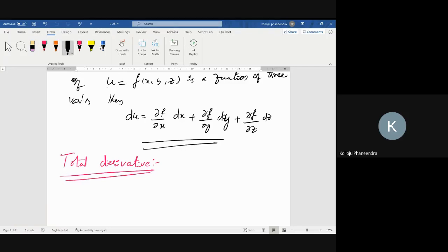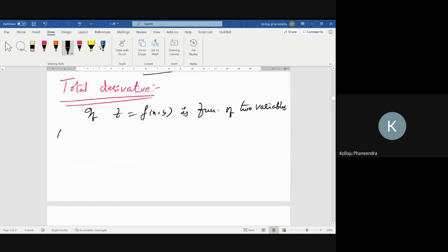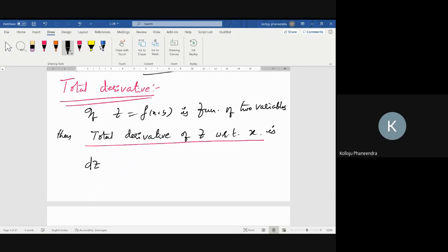If z is f of x, y, a function of two variables, then the total derivative of z with respect to x, underline this, with respect to x is dz by dx,